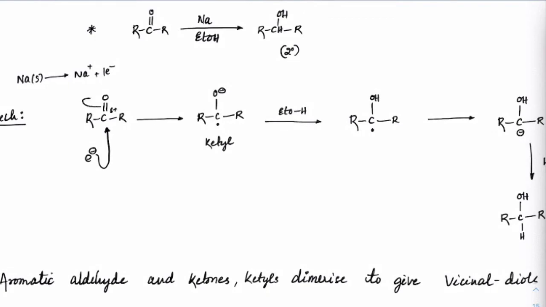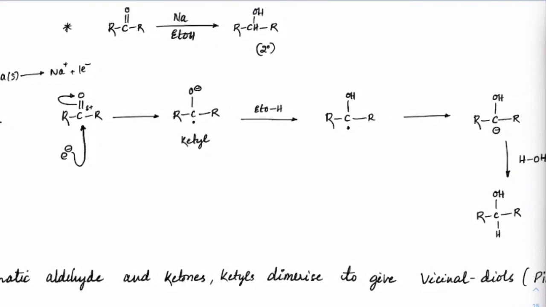So the electrons will start attacking on the electrophilic carbon. As soon as that attack happens, oxygen will take away its electrons and you will get an alkoxide form with carbon having a radical. This kind of a radical formation is called ketyl. So we will have a ketyl radical. Now once you have a ketyl radical here, the lone pair on oxygen which has negative charge will accept the proton from EtOH and becomes this alcoholic radical. Okay.